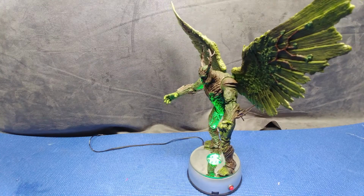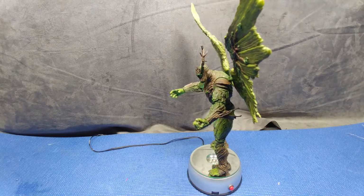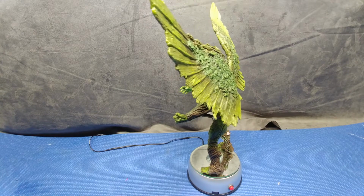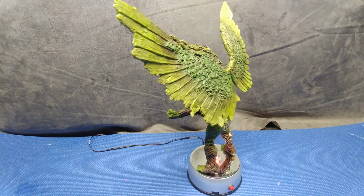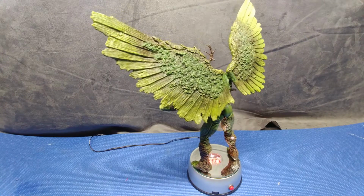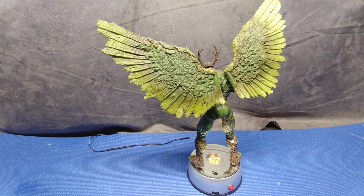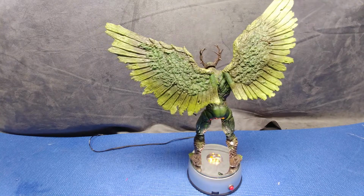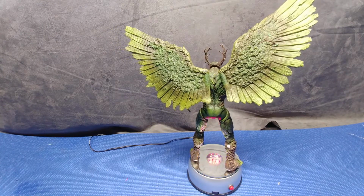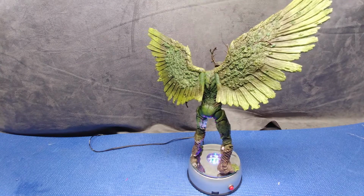Wow. You know, I took a few minutes to look over this figure, and I must say I am really impressed with the sculpt on this. I've never seen this before, and I've been collecting the DC collectibles for a little while now, mostly the Batman stuff, of course. Some of the details are really good, but I've been apprehensive to collect more because of the limited articulation on the early DC collectible stuff. But I must say, the sculpt on this thing is magnificent, and the sheer size is...